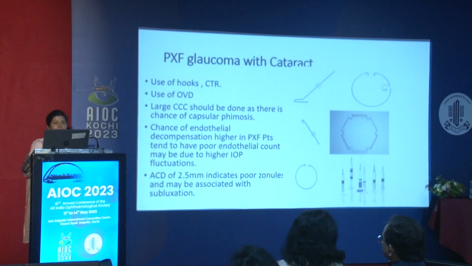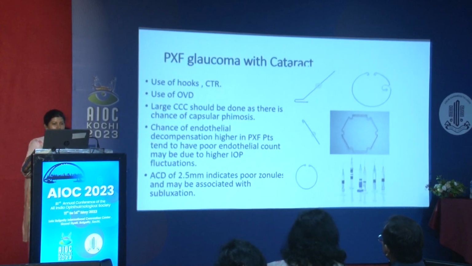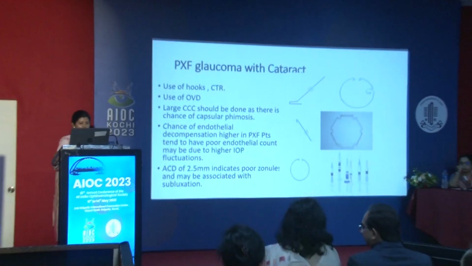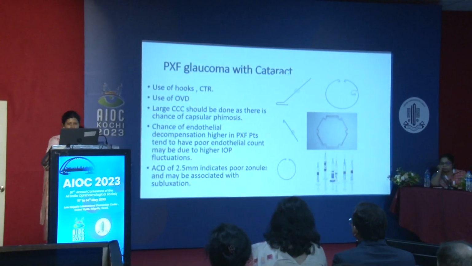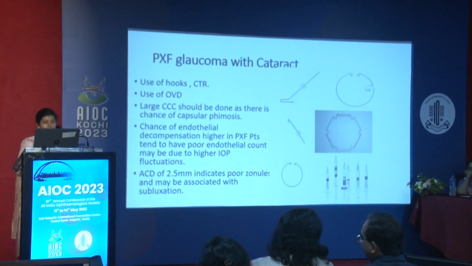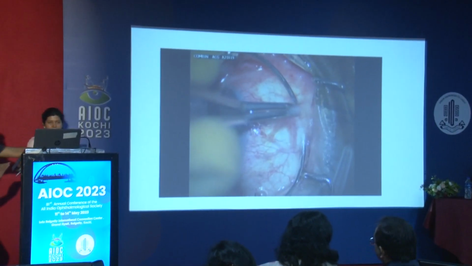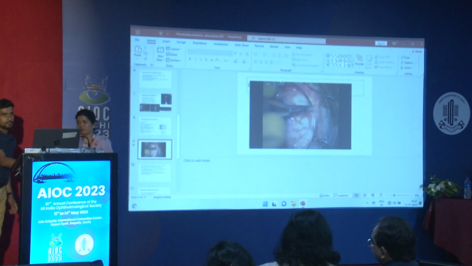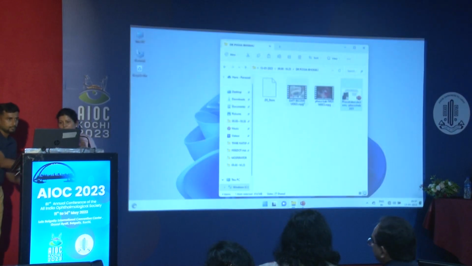So when you are planning a phacotrabeculectomy or combined surgery, be ready with all these gadgets. You need to have an iris hook, lens hook, CTR, Sionis ring, and high cohesive, dispersive and cohesive viscoelastics. So we need to take good care before and be prepared for surgery. So typically phacotrabeculectomy will involve